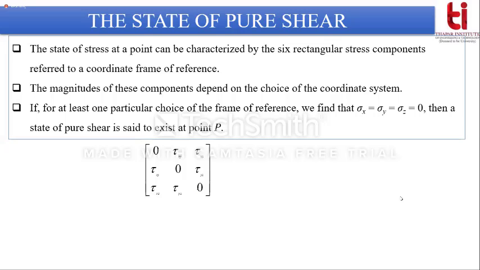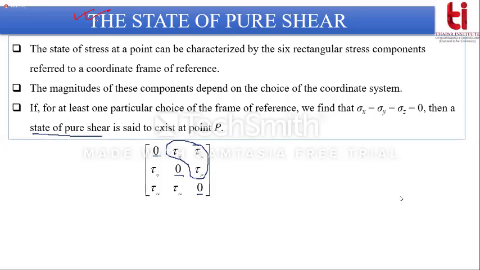about which the normal stresses will be zero and there will be wholly shear stress. Earlier the condition was that the principal stresses are wholly normal, and the shear stresses are zero. But it is also possible that the normal stresses are zero and a pure state of shear exists. We call this the state of pure shear. So the same thing we are defining in this slide, that is the state of pure shear.